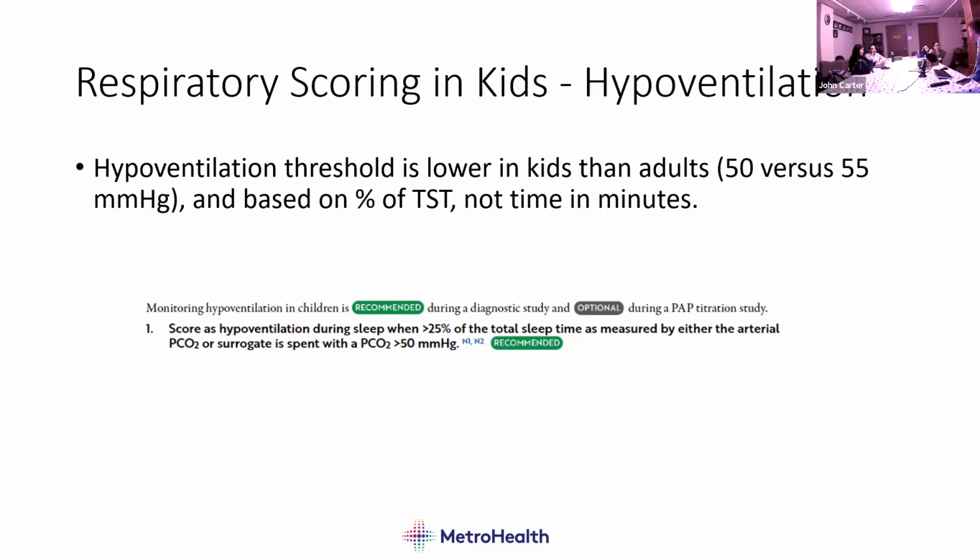Yeah, the two big reasons, well, 3 big reasons. One, it's just not valid. Two, you don't have a good way to measure CO2 at home. Three, you don't have a good way to measure sleep. So most home sleep apnea testing is measuring oxygen desaturations. Kids tend not to desaturate a lot, especially compared to adults. They tend to have a lot more arousals. And most home sleep apnea tests don't pick up on arousals.